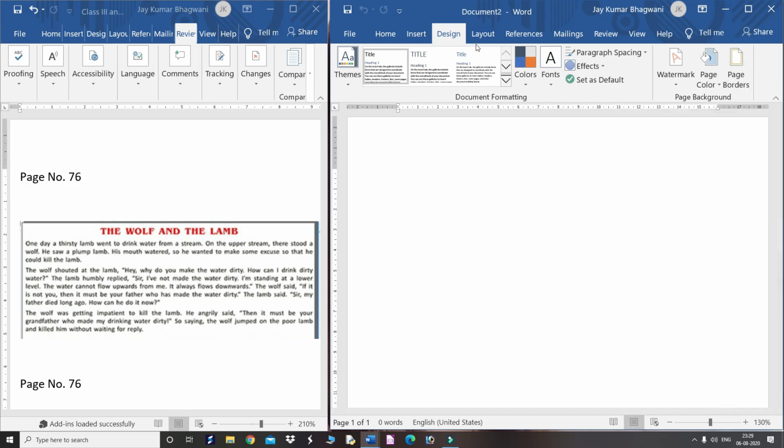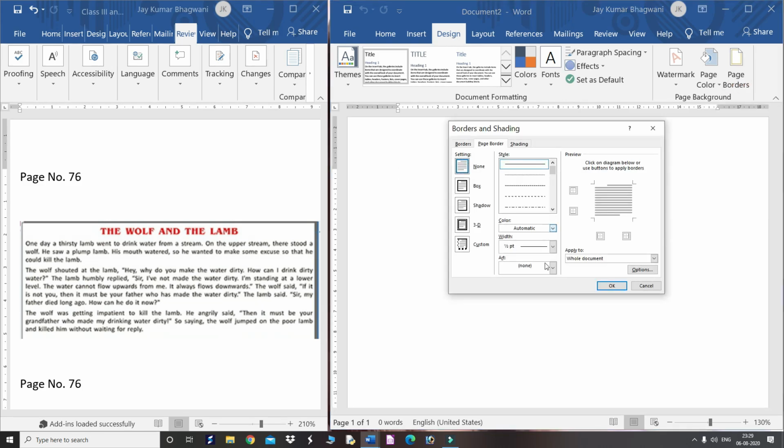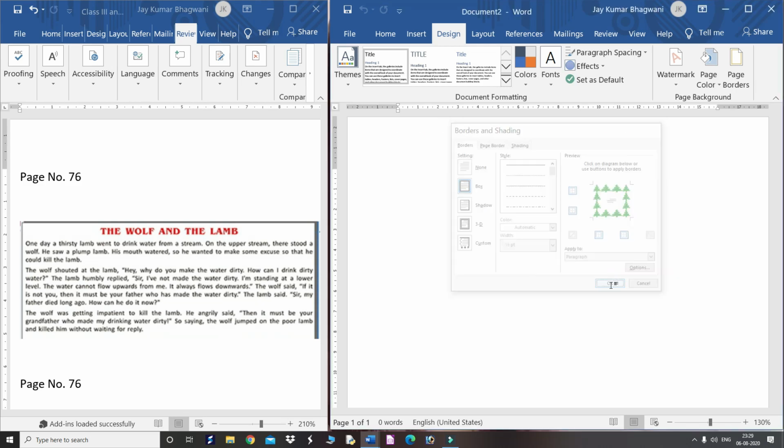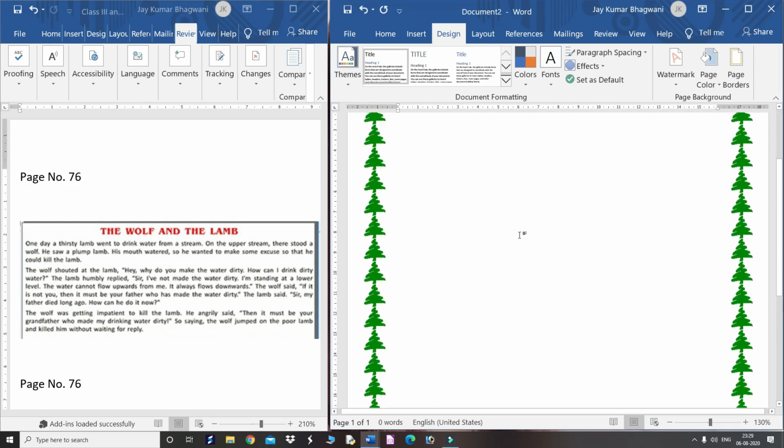But in 2019, this design tab is there, and there is an option called page border. In this page border, using the art option, we can apply attractive borders. Just click any one, then click on OK. So this type of borders will come.